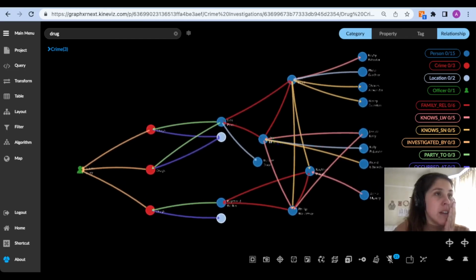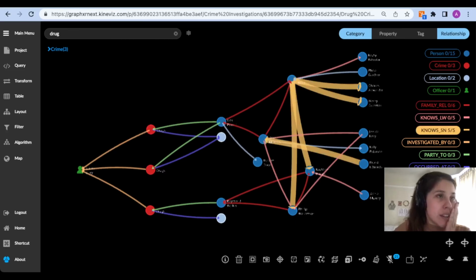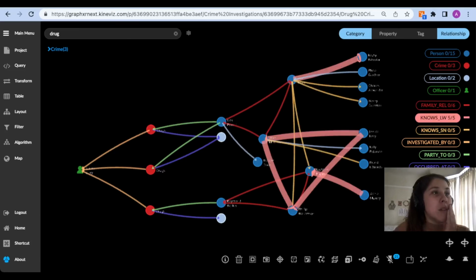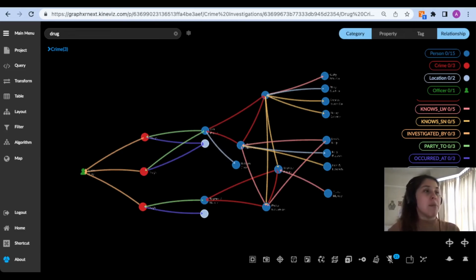And how do they overlap? Well, these people are connected through their social network. Okay, that's interesting. And these people live with each other. Okay. Perhaps some of these people are drug suppliers or distributors, but for right now, let's pull in the drug